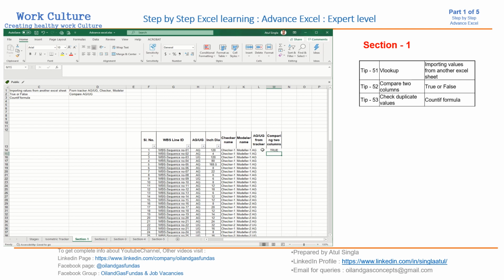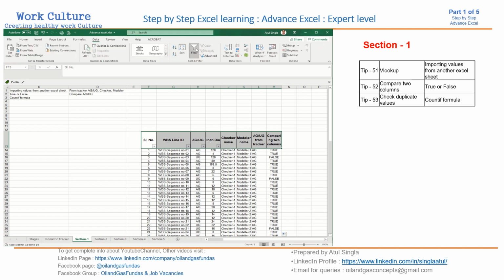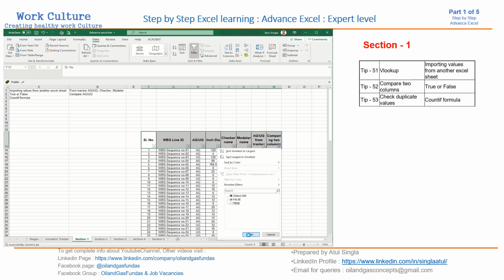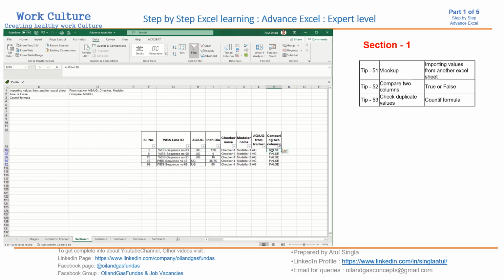If it is matching, it will become true, otherwise it will become false. Now we can place a simple filter and select false. So these four are false. Now we know these entries are different in the tracker, so you can always go for a manual check whether this is UG or AG. If you want to change it to AG, then it will be AG, so it will become true.